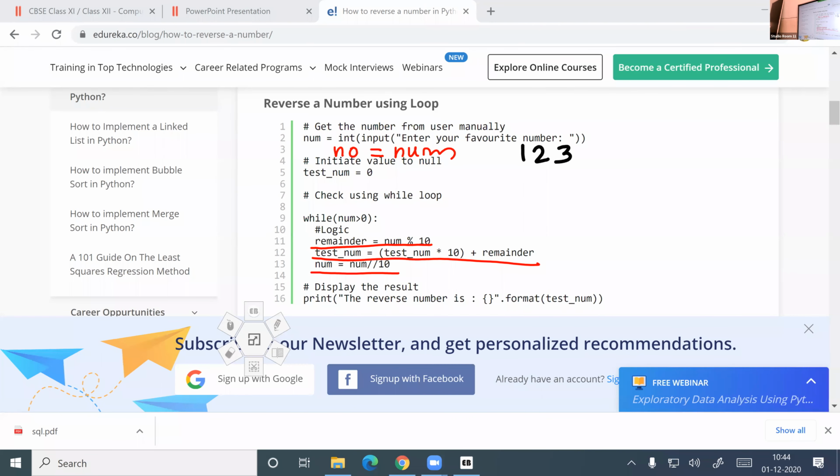Okay. So this program just finds the reverse of a number. But our question is, after finding the reverse, check whether it is a palindrome number or not. So we need one extra statement. That is why I have written NO is equal to num.